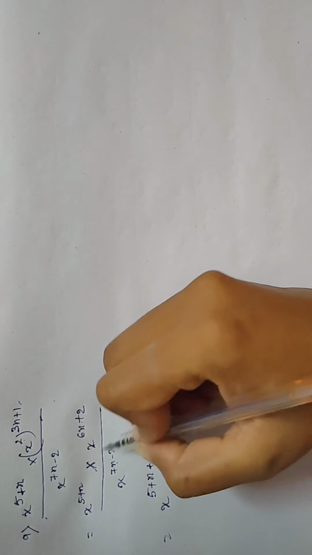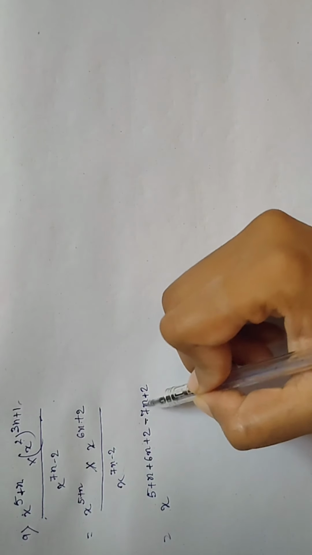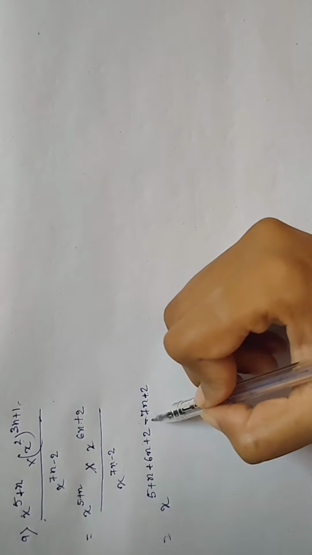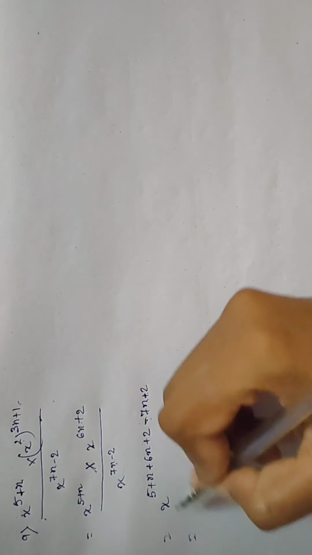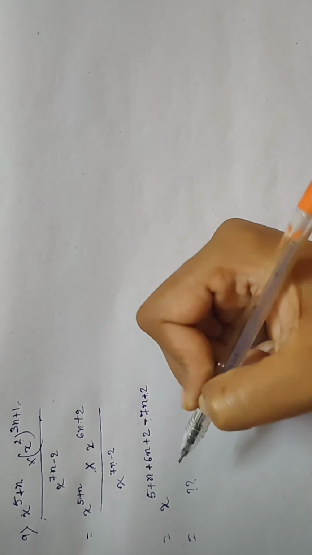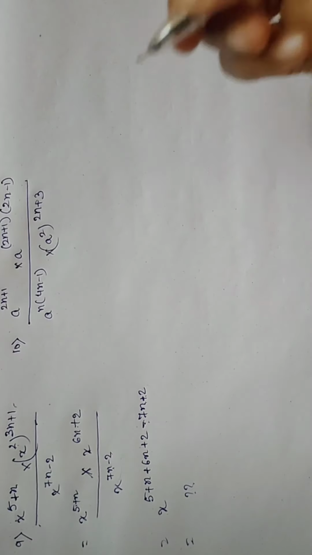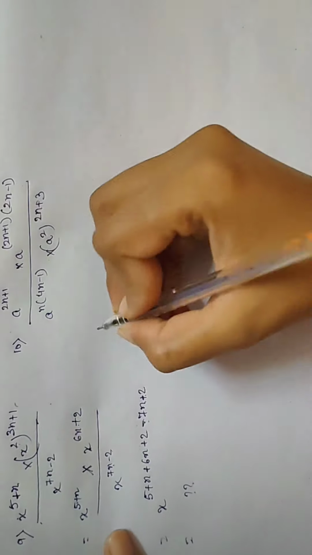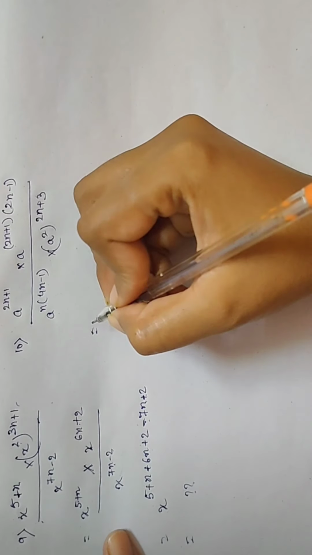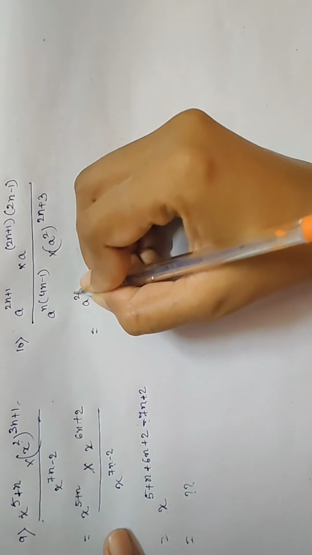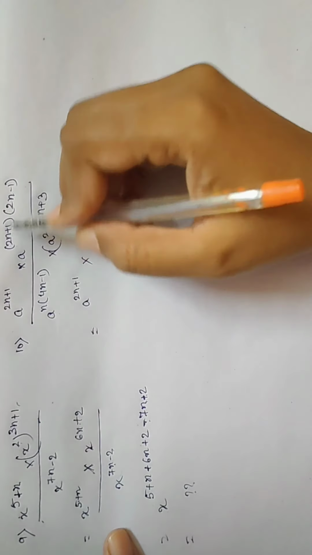Whenever you are subtracting, keep in mind that you have to change the signs. Okay, I have changed the signs. Now calculate it and find out whether the answer is matched or not. Okay, do it yourself. Okay, look at this number 10. Here also you have to do simple multiplication of algebra. In the first portion, nothing to do. Here you have to multiply.